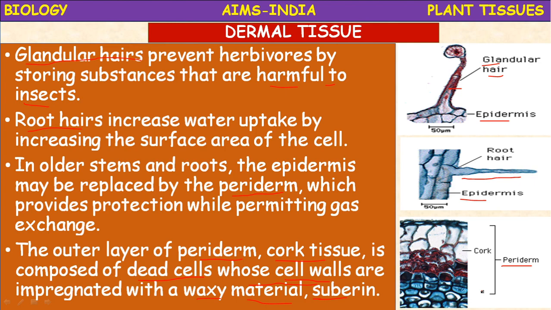Ground tissue, which previously we observed in the stem, a formula you can note down. Ground tissue of stem is equal to pith plus cortex. So what is pith? It is also called medulla. Pith is also called medulla. It is a tissue in the stems of vascular plants composed of spongy soft parenchyma cells.